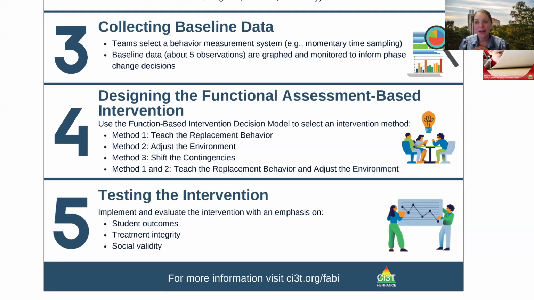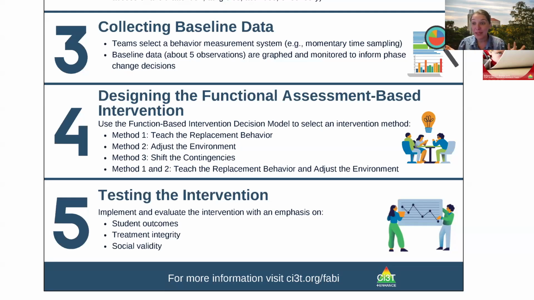And then in step 4, which I don't know, step 2 and step 4 are both my favorite. I don't know which one I like the most. Step 4 is very fun because that's when you build out the intervention. It's very exciting. You get to think about, what do we know about this student? Can they perform the behavior? Is the environment set up with effective practices for them? And based on the answers to those 2 questions, you build out an intervention to support them. So this can be a really exciting step. This is also when you're connecting to get that pre-intervention social validity and some prepping for treatment integrity.